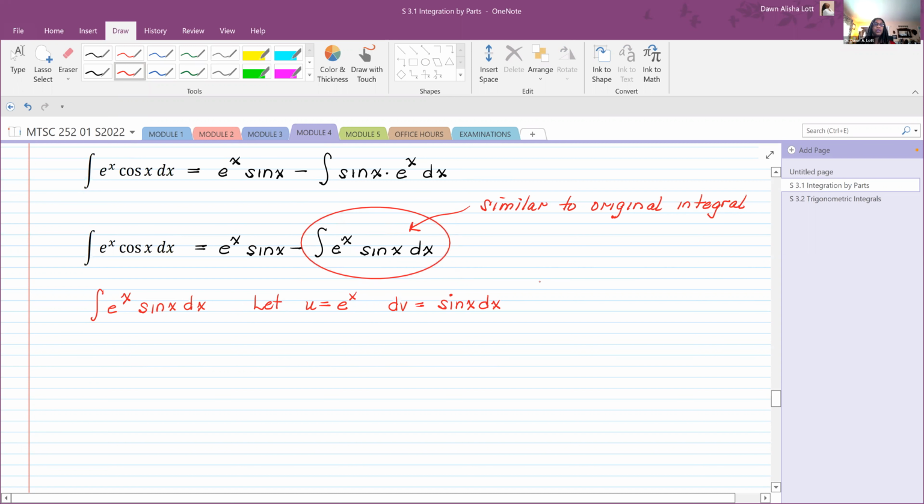If I let u be e to the x in the first problem, I'm going to let u be e to the x in the second problem. So now du is e to the x dx, and v is the integral of sine, which is